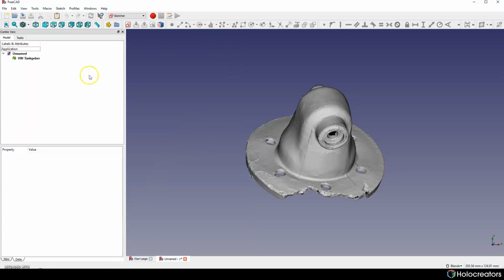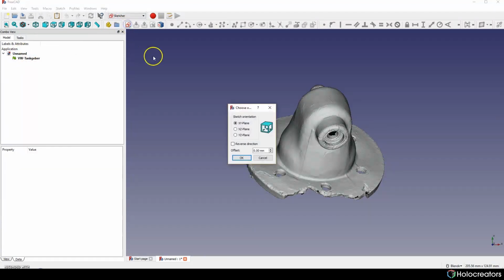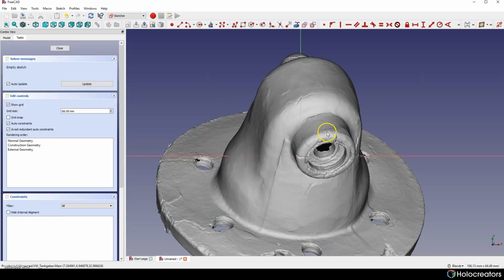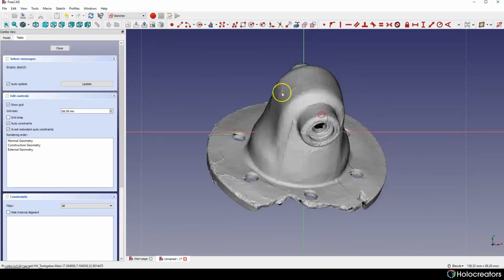Here in FreeCAD we have to create a new sketch. We choose the top view projection, and we create a circle.